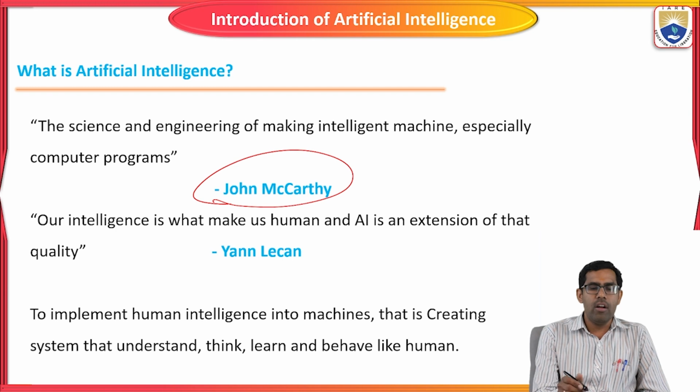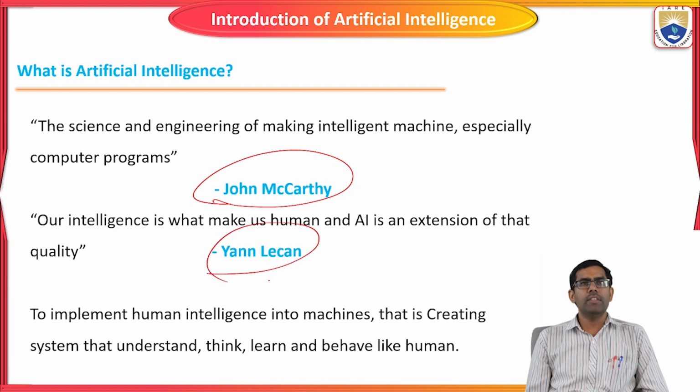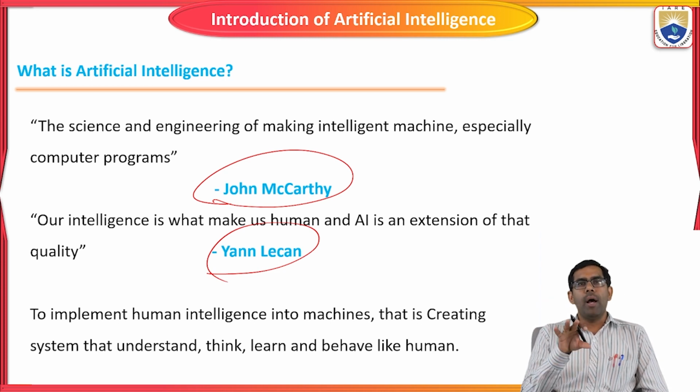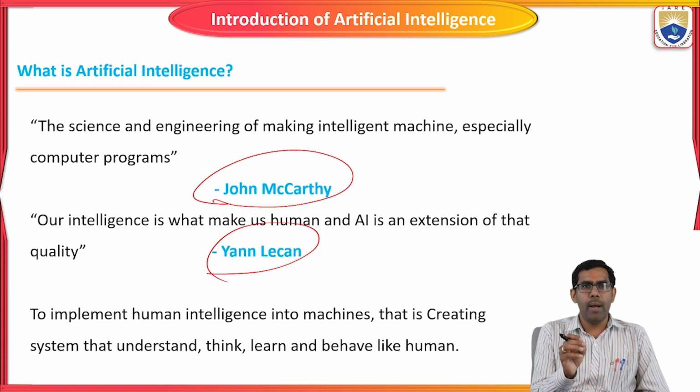The second is Elaine Rich, who also gave a definition of intelligence. The machine that the human makes should have the ability of its own thinking power. That quality should be in the AI machine. How do humans think? If they have a problem, how do humans think and how do they make decisions for reaching some solution?